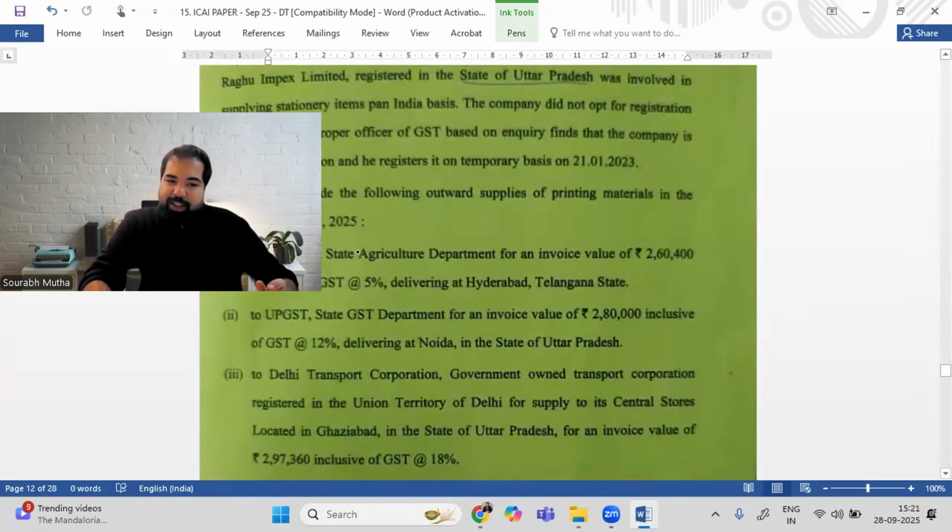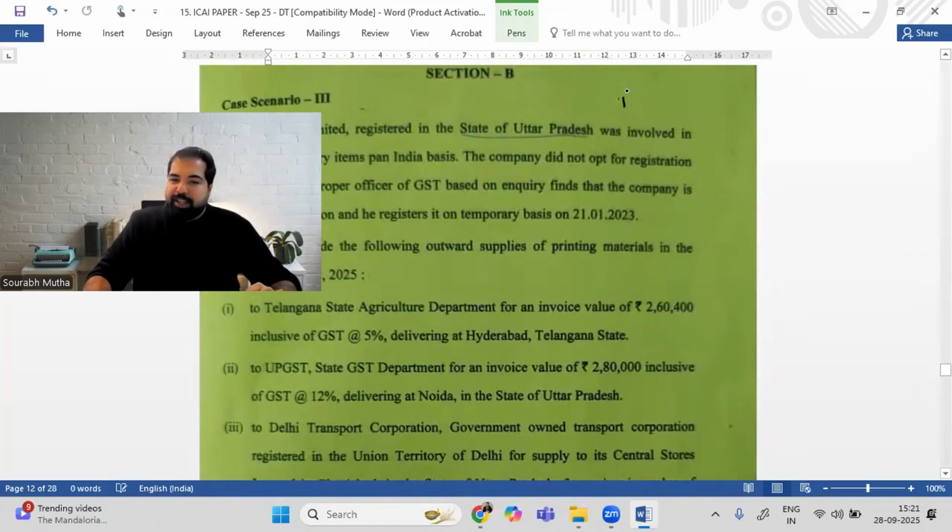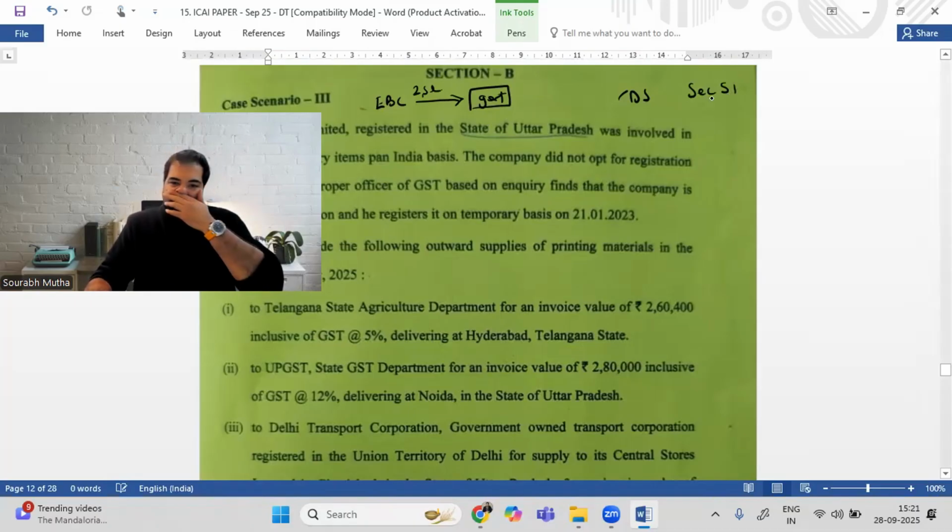Let's go. All right. First, I know this is on TDS, so let me recap, guys. What is TDS in this case? Let's say you are an electric bike company and you're supplying electric bikes to someone like a government entity. They placed a huge order. The order value is more than 2,50,000. So the government tells them that as per Section 51, there will be TDS applicable at the rate of 2% only if the value is more than 2,50,000 excluding GST.